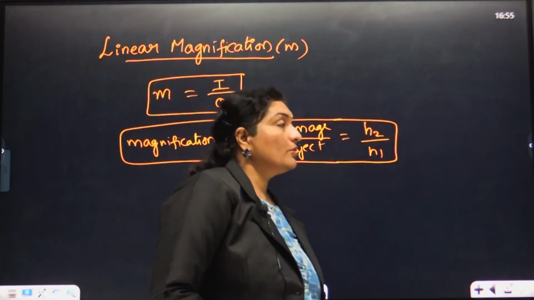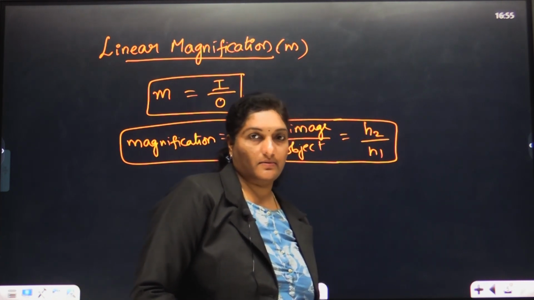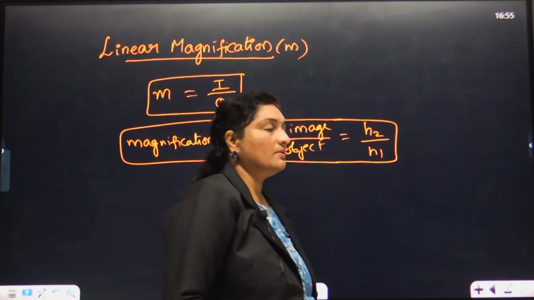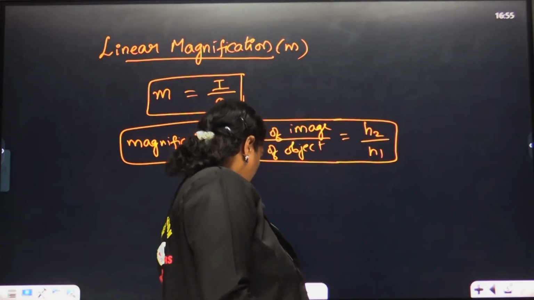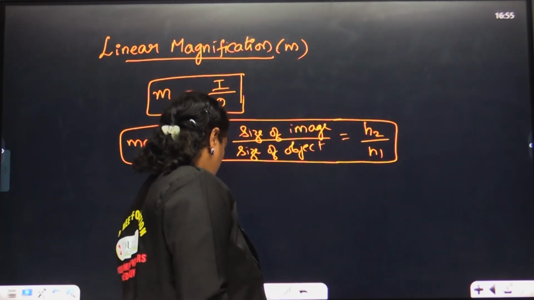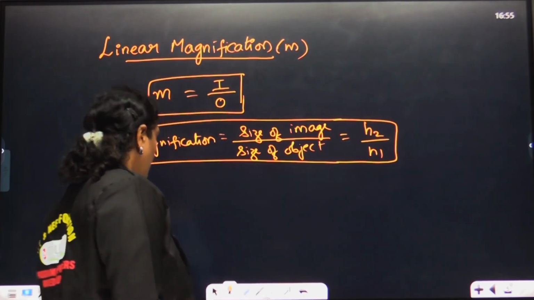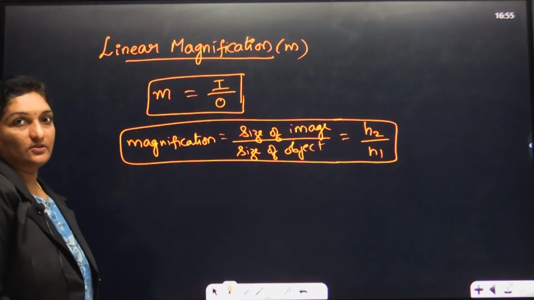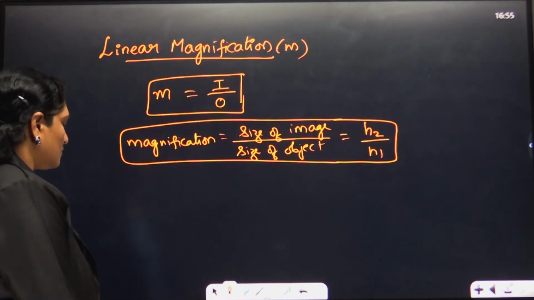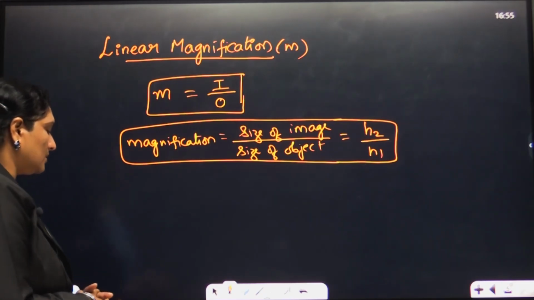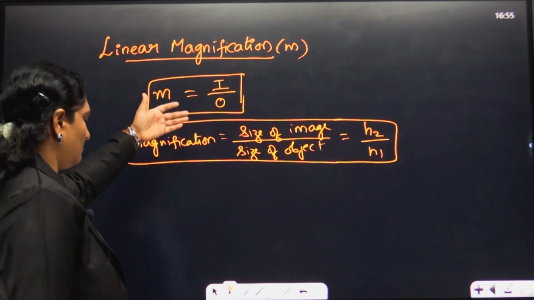Similarly, if you go with a convex mirror, if you observe it carefully, a virtual image is formed. In the case of a convex mirror, a virtual image is formed. So, in the virtual image, both image and object are positive, whereas